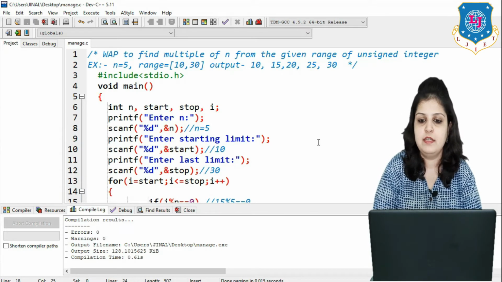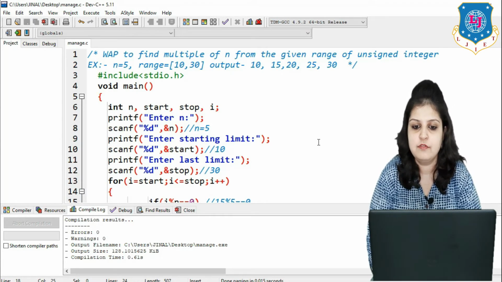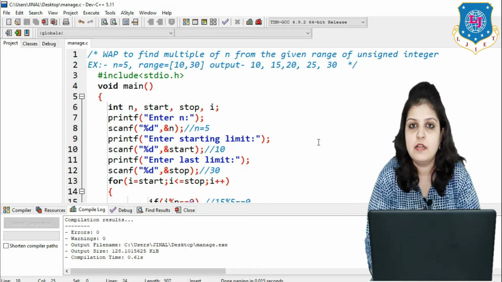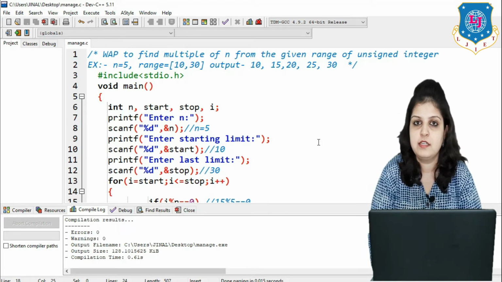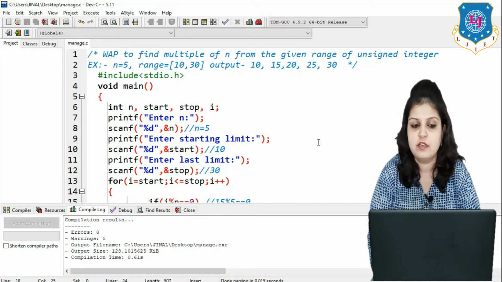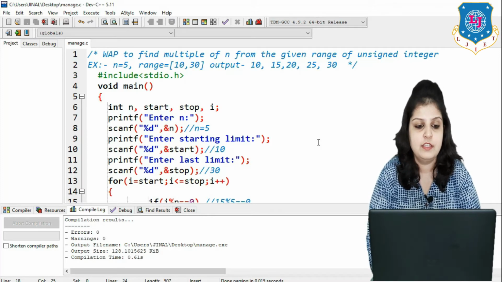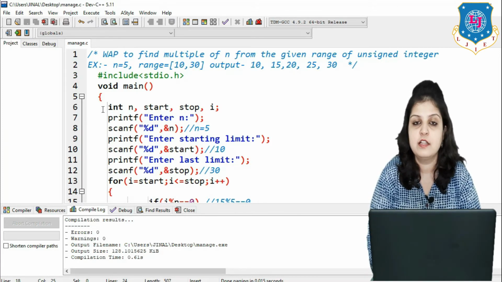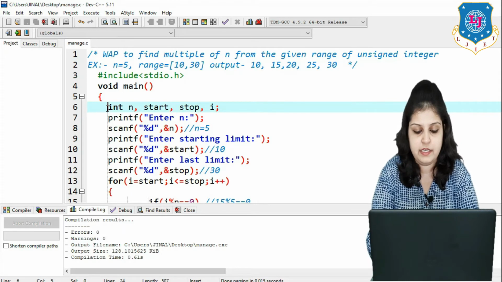But here, in the definition, we have to enter a range of unsigned integers, and I am taking the data type as integer. So what can we change here? Just write the data type here as unsigned integer. I am writing unsigned,